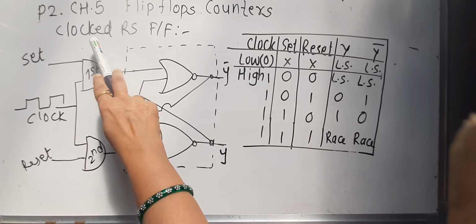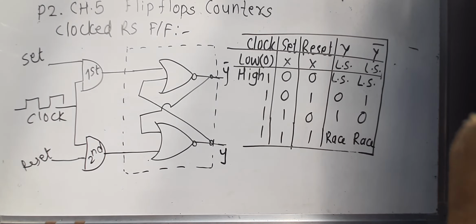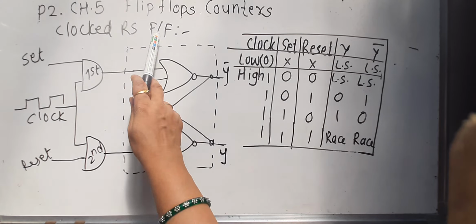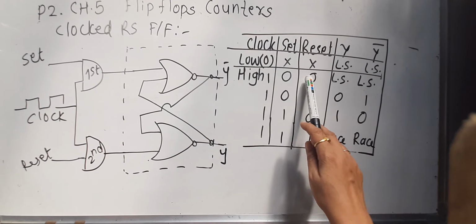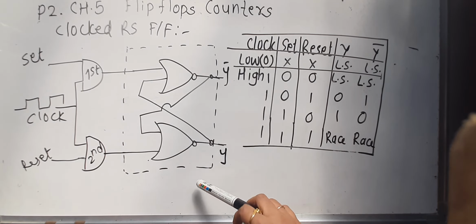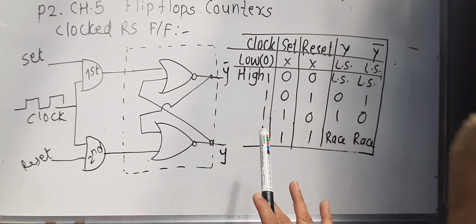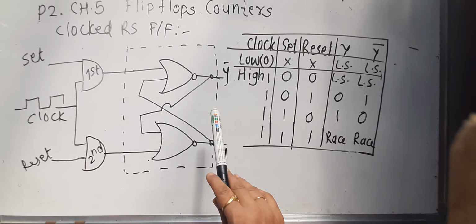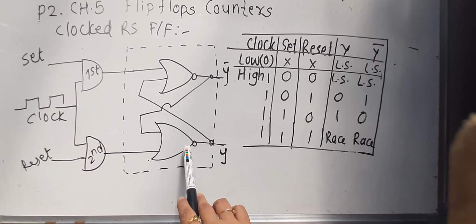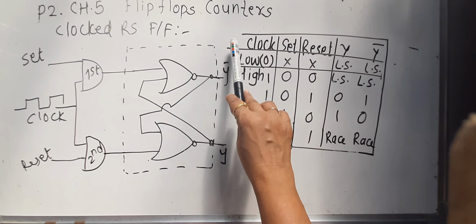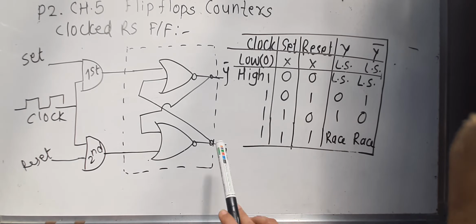Now see the diagram of clocked RS flip-flop. Read carefully in the exam which RS flip-flop is asked, whether it is asked clock RS flip-flop, whether it is RS flip-flop using NAND latch or using NOR latch. Okay, now this is clocked RS flip-flop. Here this is RS flip-flop using NOR latch. This is truth table. From now onwards we will be considering all applications or all flip-flops using NOR latch only. If by mistake NAND latch is drawn here in the book, then make it correct. Okay, because all working we can see that is according to NOR latch truth table.